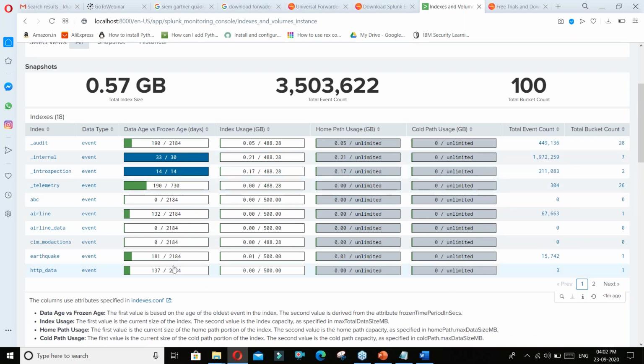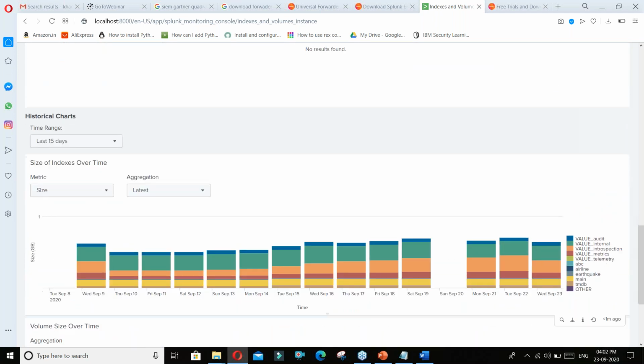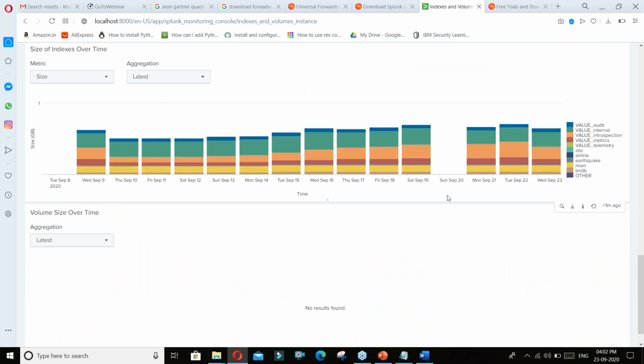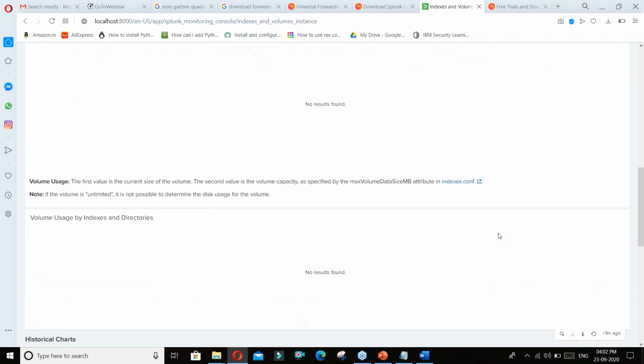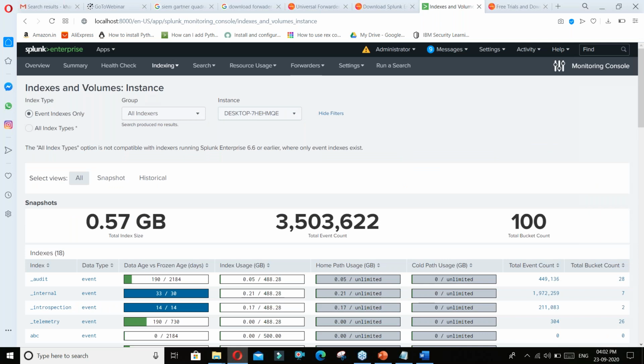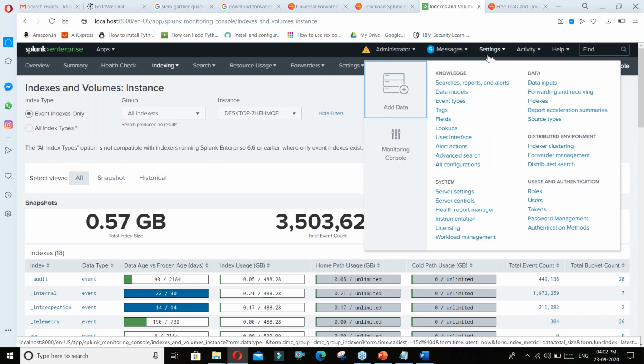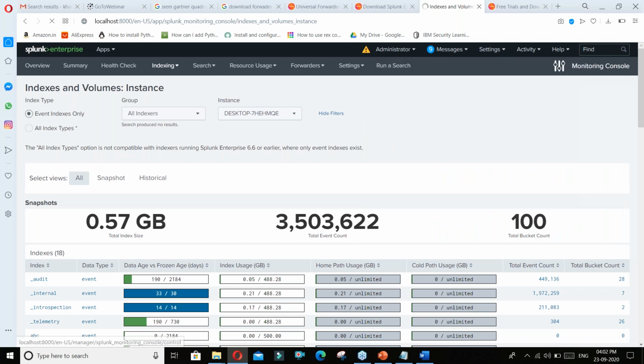Index is a short storage, you can see. Multiple dashboards available. Okay. So guys, at any point of time, if you want to restart your Splunk, you can come here to the server controls and restart your Splunk.